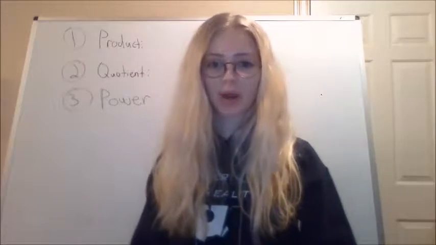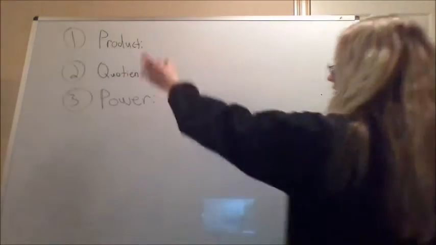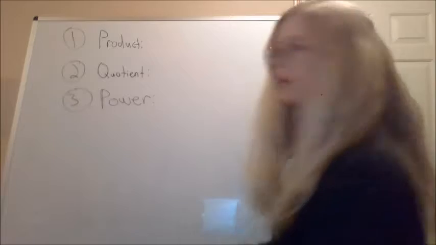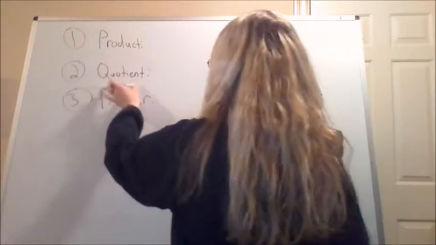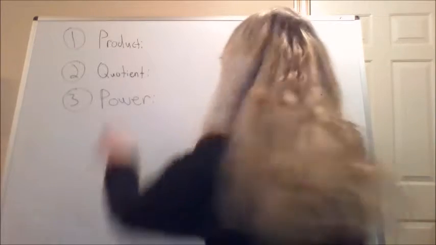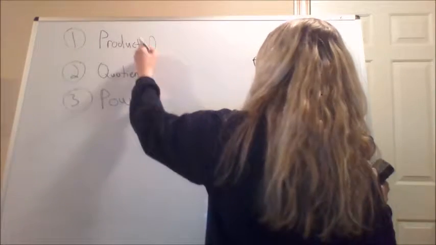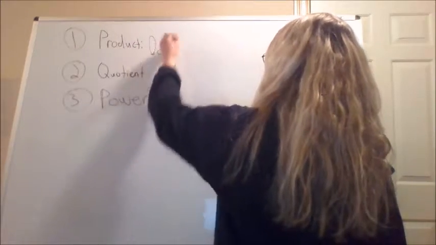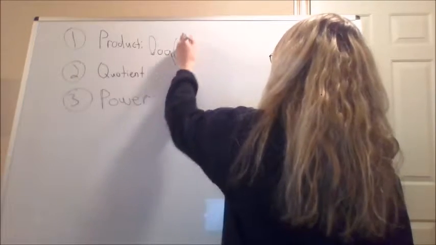Hi, today we're going to learn properties of logarithms. So there are three main properties that we need to know, and these are the product property, quotient property, and power property. So first is the product property, and this states that if we have log of a times b,